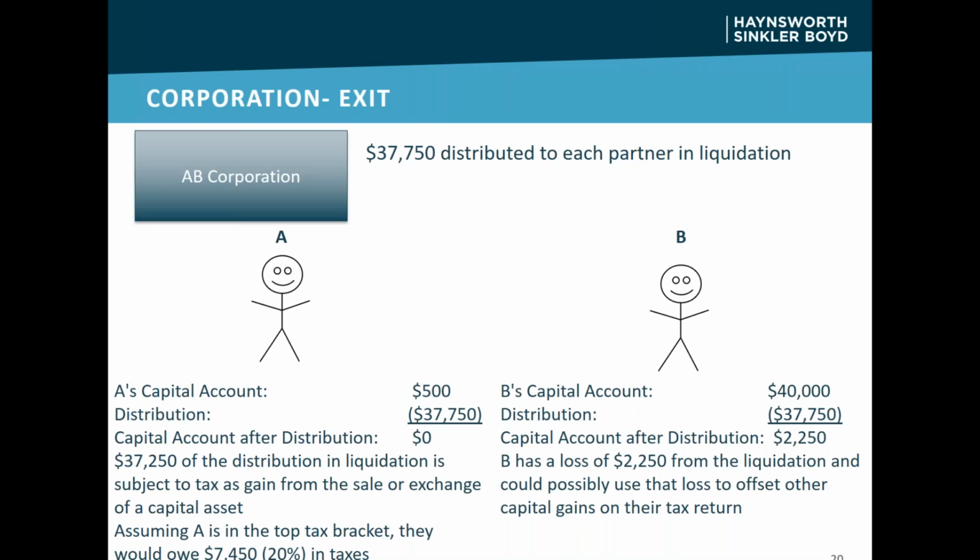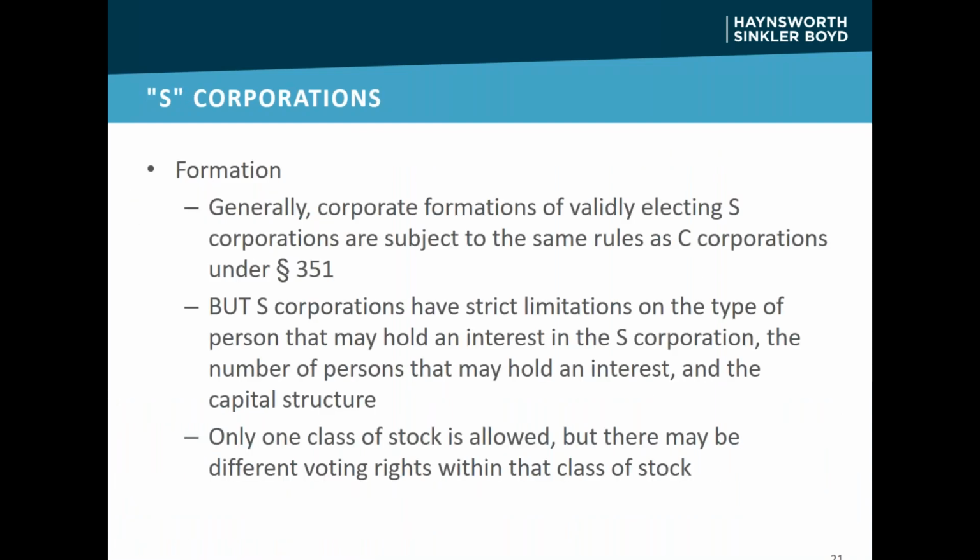Then again, we're changing B's capital account to that $40,000. Then the $37,750 distribution, we're still going to have $2,250 in B's capital account after distribution. So B has a loss again that can be used to offset capital gains on their tax returns. Again, this is like the exit from partnership, except if AB Corporation had assets that decreased in value, the corporation itself may have to recognize a gain or loss rather than just passing that loss or gain out to the partners or shareholders. So S corporations